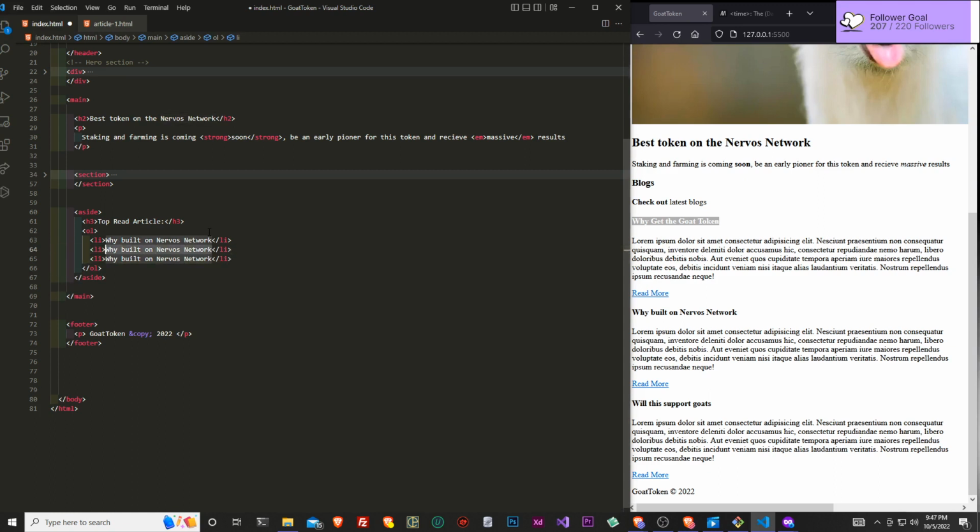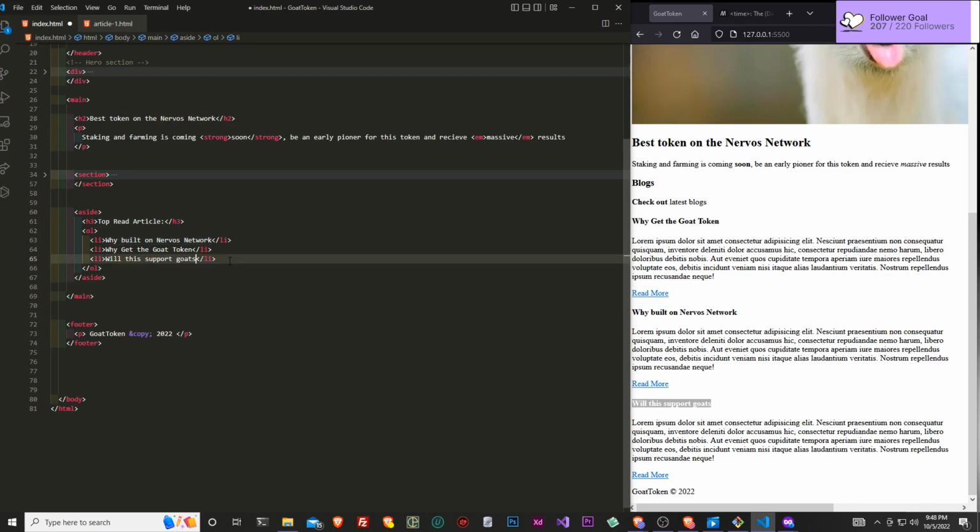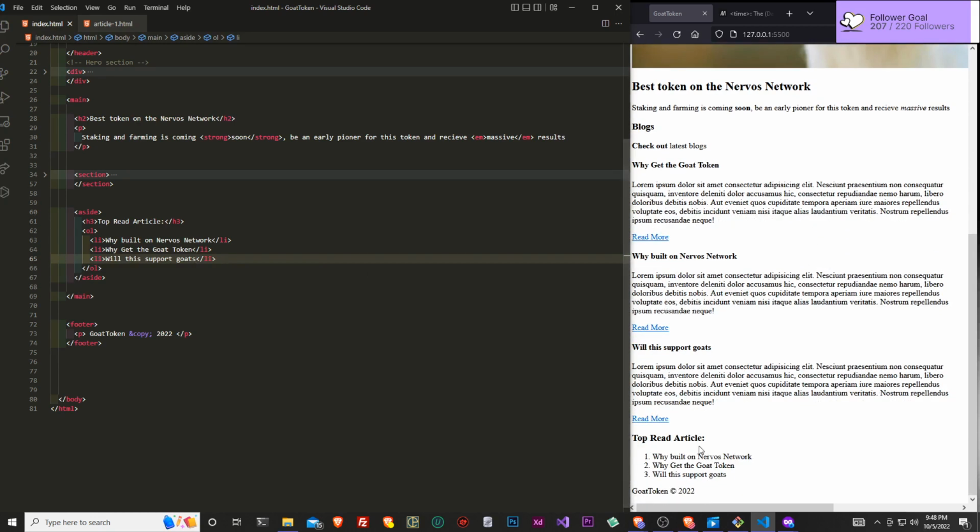So we're gonna go like that, and if you guys don't want to use your mouse to copy, you can hold Shift and move your arrow key to the left, and we're just gonna copy this over here. And if you do Control Alt or Control Shift and go to the left arrow and go like that, you'll be able to do that. Highlight everything. And you guys can see on the side, we have the top read articles. And yeah, really awesome, right?